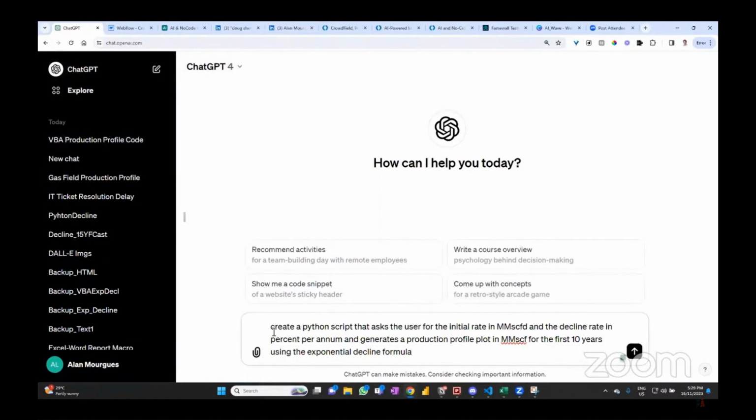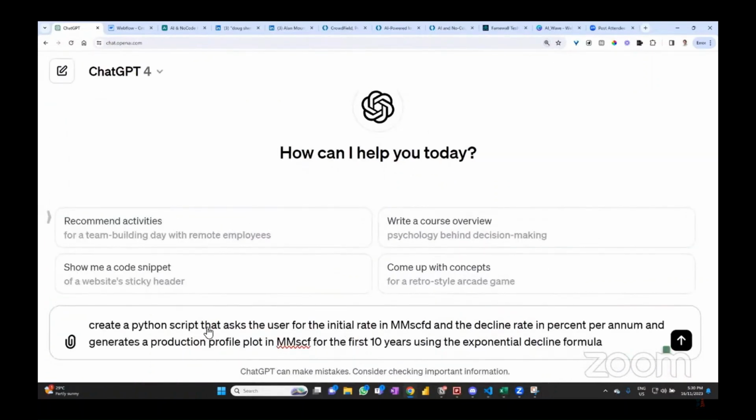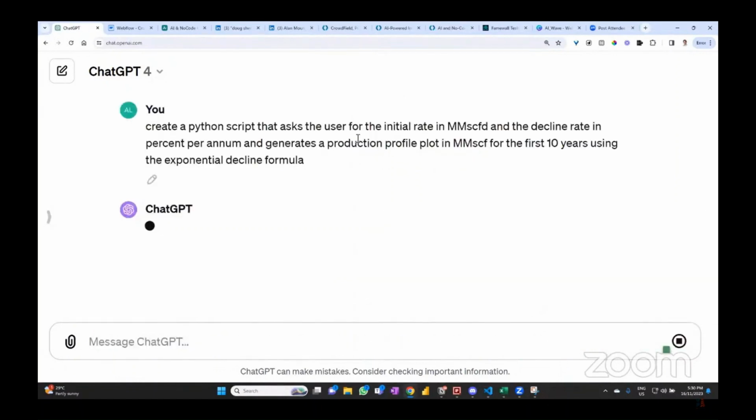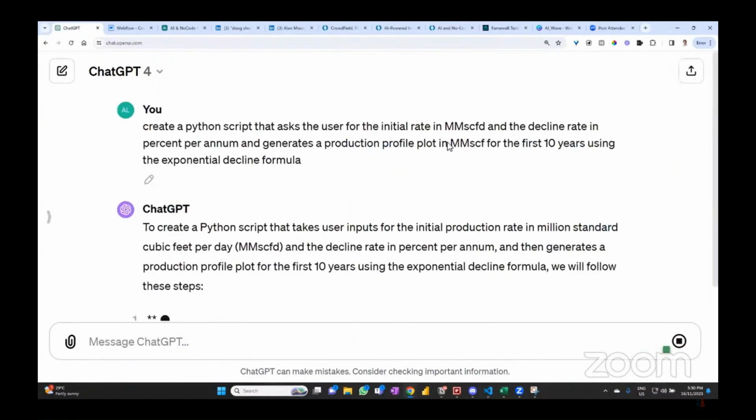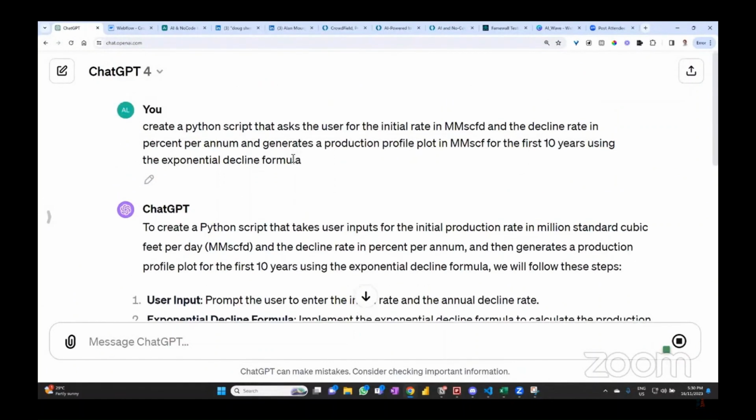Okay, now the prompt is: create a Python script. Let me increase this so you can see. Create a Python script that asks the user for the initial rate in millions CAF a day and the decline rate in % per annum, and generates a production profile plot in millions CAF a day for the first 10 years using the exponential decline formula. Okay, so while I was reading, I hit submit